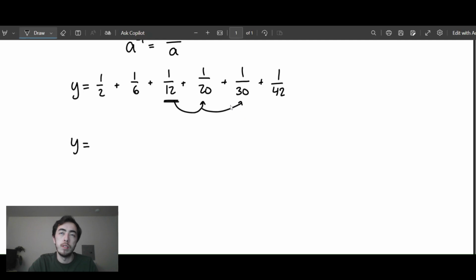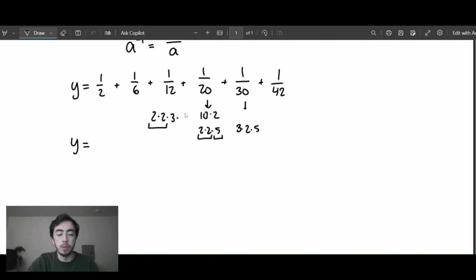And let's see. What new factors am I introducing here? So 12 is the same as 4 times 3, or 2 times 2 times 3. And if I break down the 20, it's like a 10 and a 2, or let's see, it's 2 times 2 times 5. 30 is going to be 3 times 2 times 5. So notice how 12 already had 2 2's. So these 2 2's are already covered, but I need to include a 5 right here to find the next